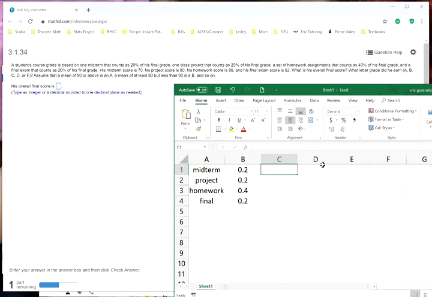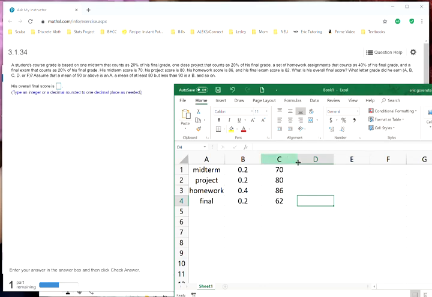And now the midterm score. So his midterm score is 70. His project score is an 80. His homework score is an 86. And the final exam, not too good. The final exam was a 62. All right, so